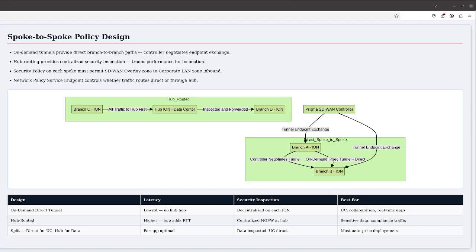The first question in any spoke-to-spoke policy design is whether the traffic should flow through a hub or use a direct on-demand tunnel. In a hub and spoke topology, all branch-to-branch traffic routes through the hub ION device, typically at the data center or a regional aggregation site. This design simplifies security enforcement because the hub acts as a centralized inspection point, but it adds latency proportional to the geographic distance between the spokes and the hub. For two branch offices in the same city communicating through a data center in a different city, the latency penalty